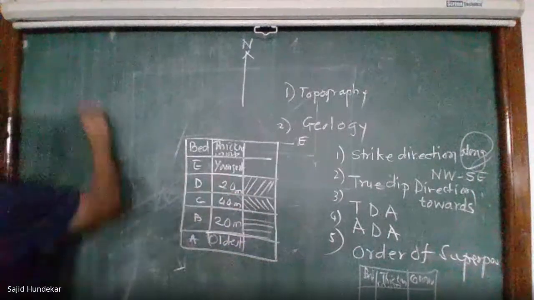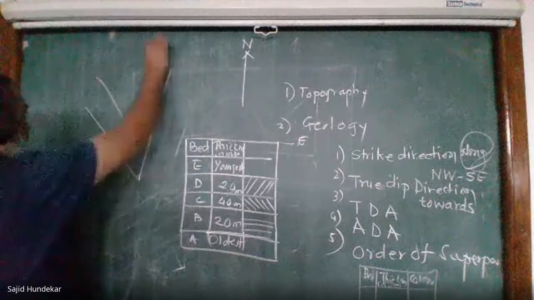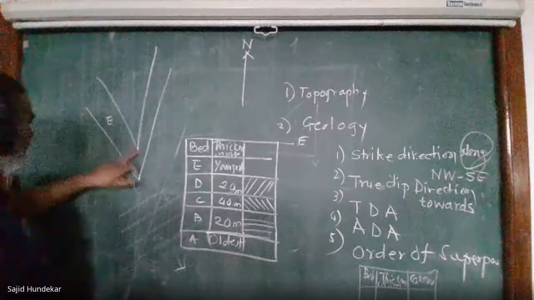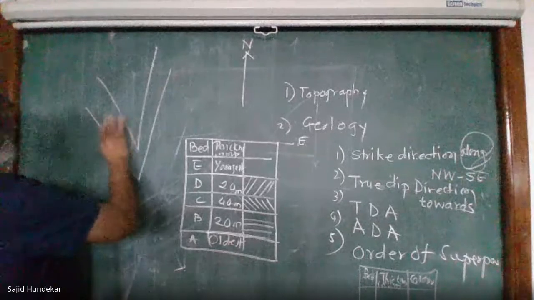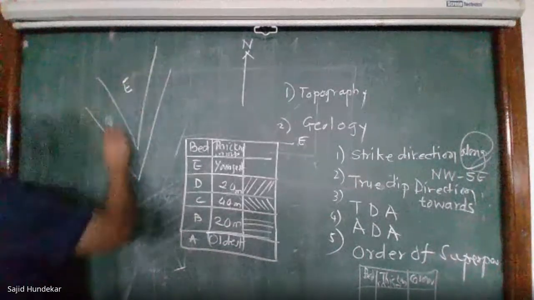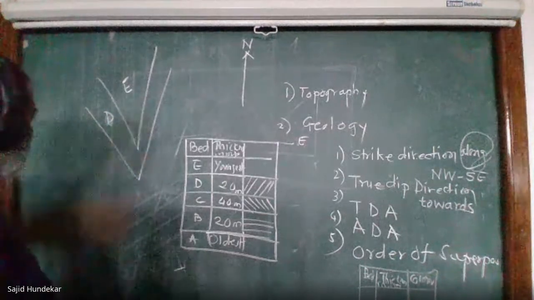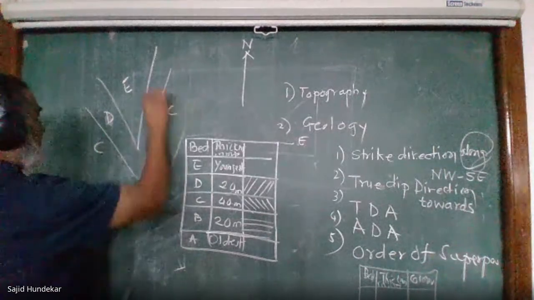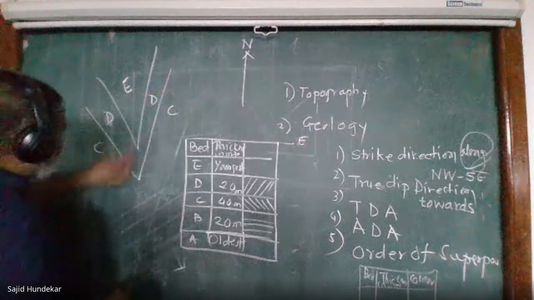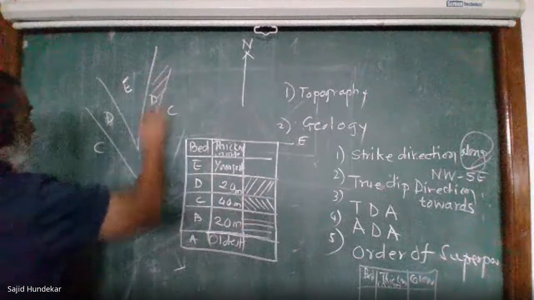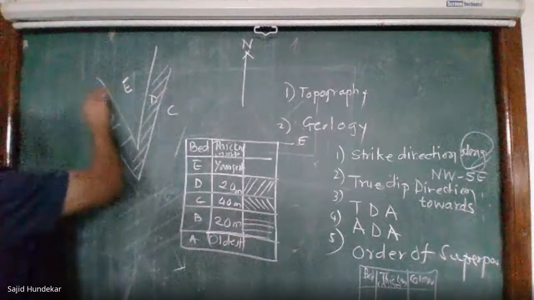For example, here we have this particular dark lines, and this is the E bed. So E bed will not be colored out because the cross junction is not there. This is the T bed. So between these dark lines, PD junction and lower side we have C. So this is D. So what have we used as the color for D? We have used green. So use the green color for this.